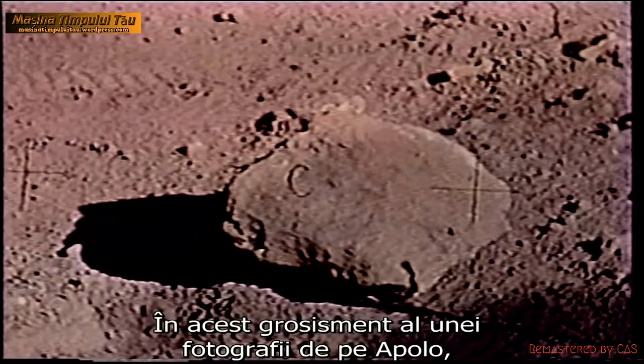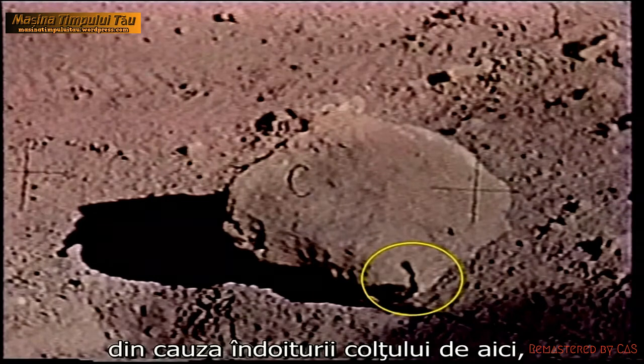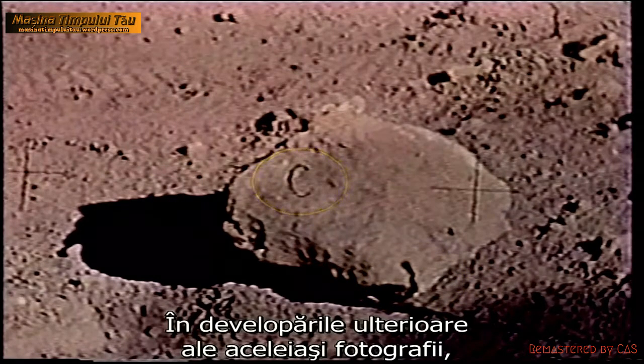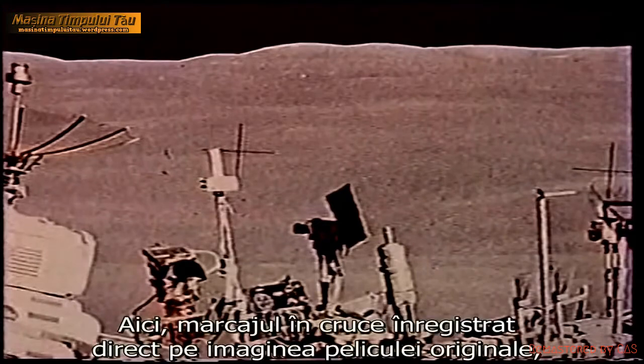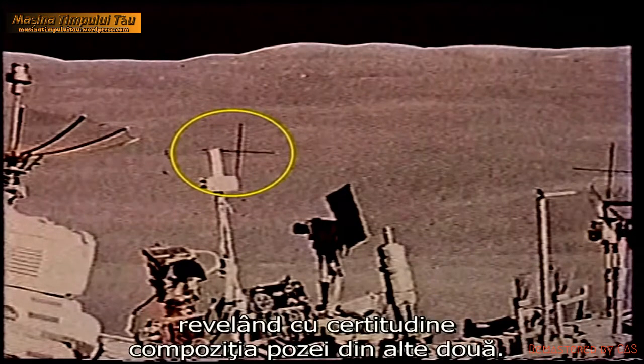In this magnification of an Apollo photograph, a rock, very likely a papier-mâché prop because of the crease here, is categorized with the letter C. In later releases of the same picture, the letter is gone, probably airbrushed out. Here a crosshair, which was burned directly into the image from the film plate, and thus should always appear on top of the objects in the photograph, appears behind the object in this scene, clearly revealing a composite of two